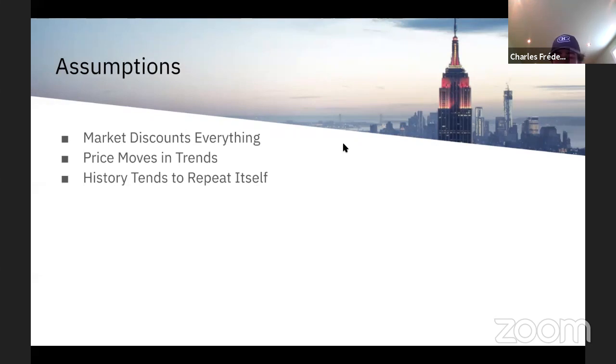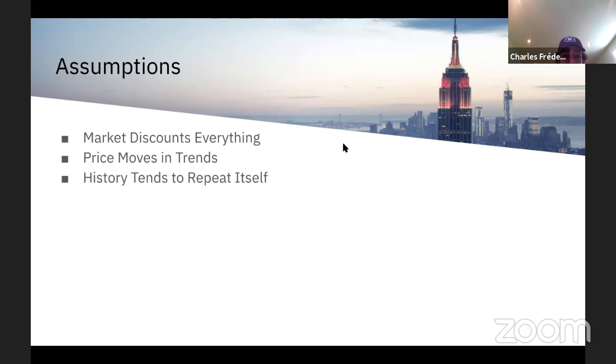Yeah, so there are a few assumptions about technical analysis. The first one is that markets are efficient. The market discounts everything. Technical analysts believe that everything from a company's fundamentals is already priced into the stock. That's why they don't look at the governance or at management. The only thing remaining is the analysis of price movements, and that's how they look at the supply and demand of a stock in the market.